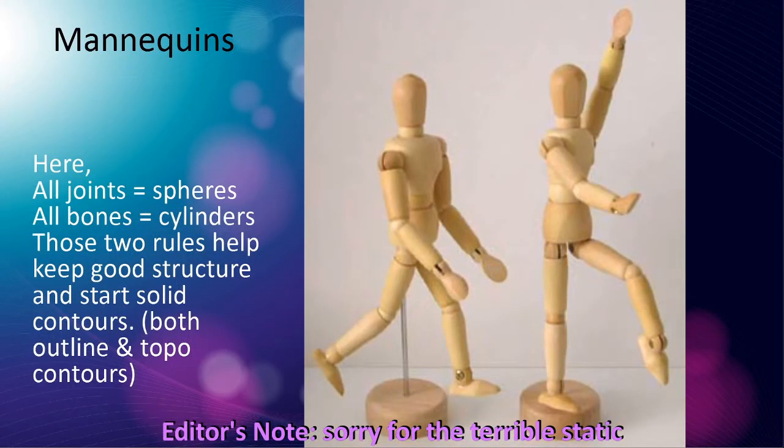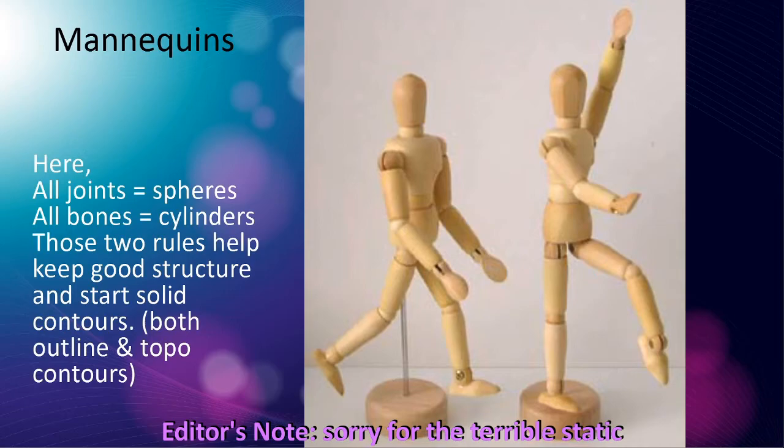So these are mannequins. That's kind of an old thing that artists used to use as reference when they didn't have the internet to look at poses, or like Clip Studio Paint or models of figures in 3D apps that you can look at and trace over or draw or use as reference. Artists used to use these mannequins to do a pose, and then they could draw the pose and draw clothing over it and whatever. But basically, what these mannequins are is cylinders for the arms and legs and stuff, and then balls or spheres for the joints.